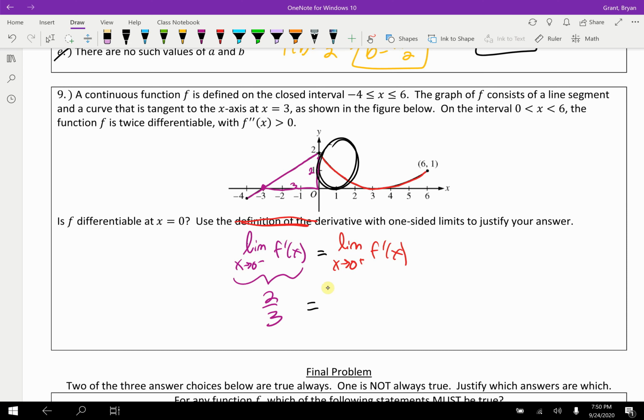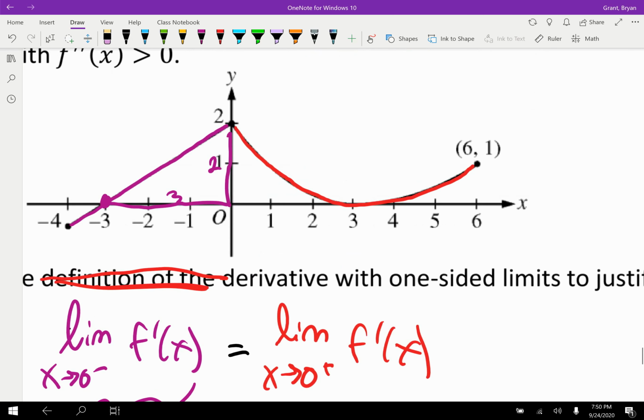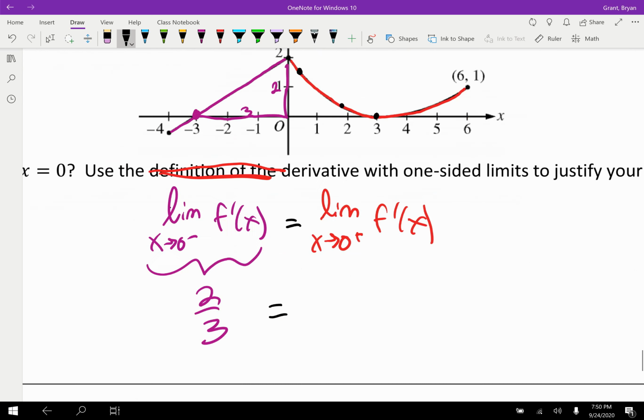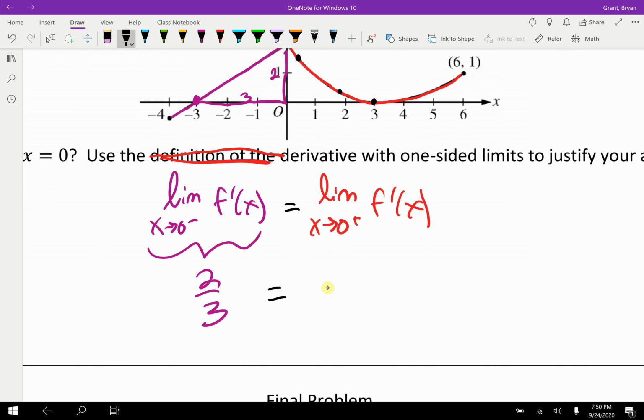But how do we find this derivative over here? It's not a line, it's an ever-changing set of derivatives, right? This point up here is steeper than this point down here, and this point has a slope of 0. So how do we prove that to somebody? Well, really, we just get creative here. We can tell that this derivative, so I'm actually going to say we're going to abuse this a little bit, we're going to say that this is not equal to this limit